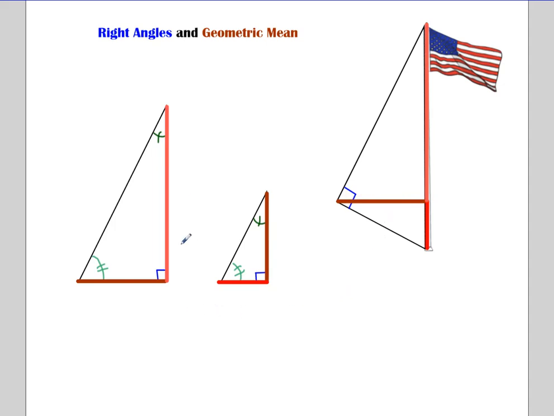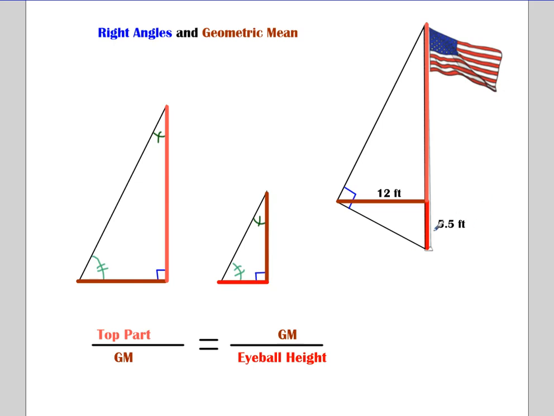And so, it looks like we're ready to do a proportion, okay? Kittens are to cats as puppies are to dogs situation. In this case, it's going to be the top part of the flagpole is to the geometric mean, as the geometric mean is to the eyeball height. If we had numbers for this, like let's say that your eyeball is 5.5 feet off the ground and you're 12 feet away from your object,